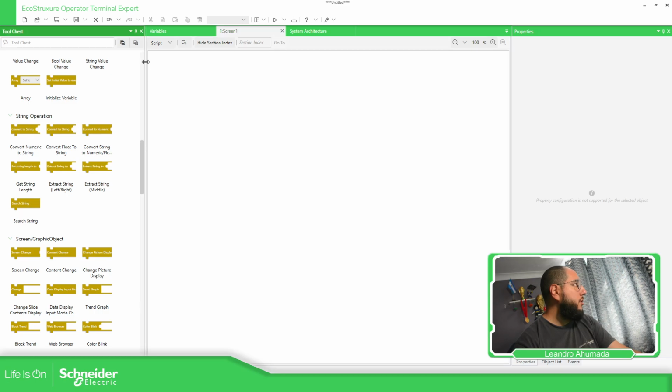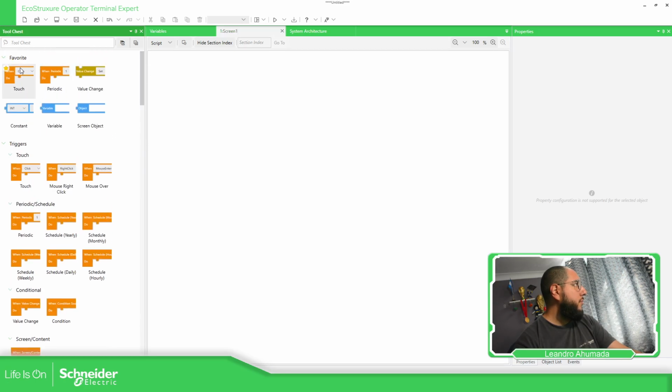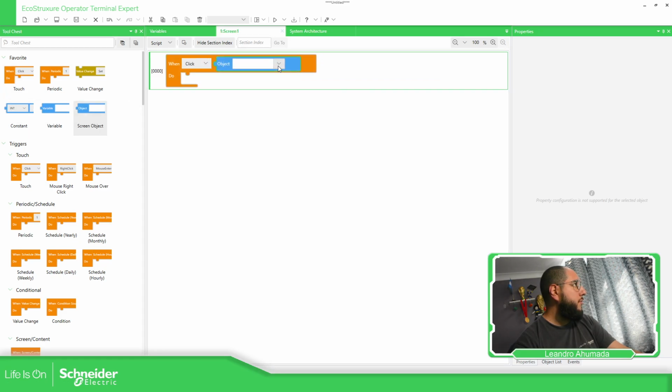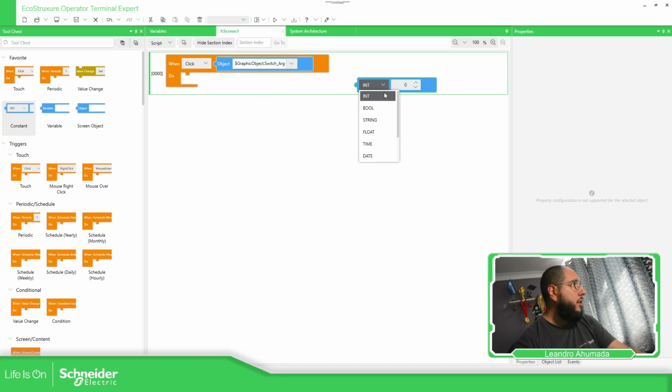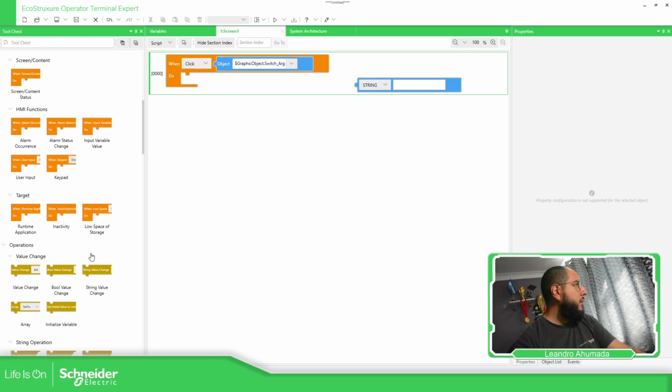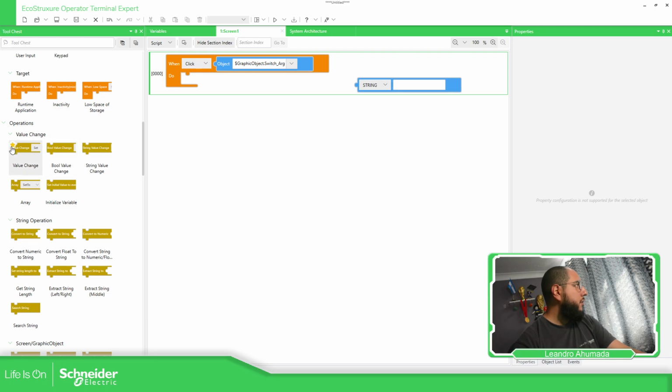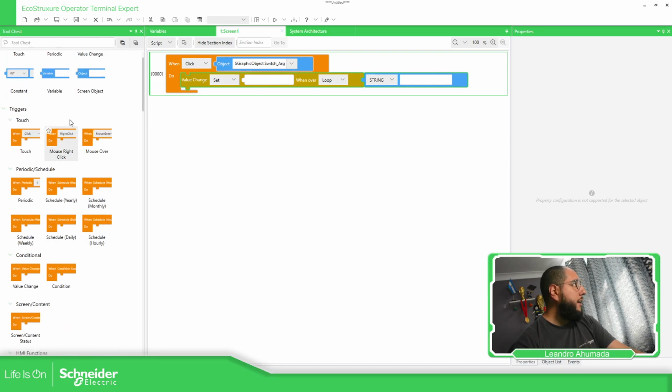So when touch, so when click, screen object, it's going to be graphic object dot the Argentinian one. Then I need to use this as a string, constant string. So value change, I need to select the variable